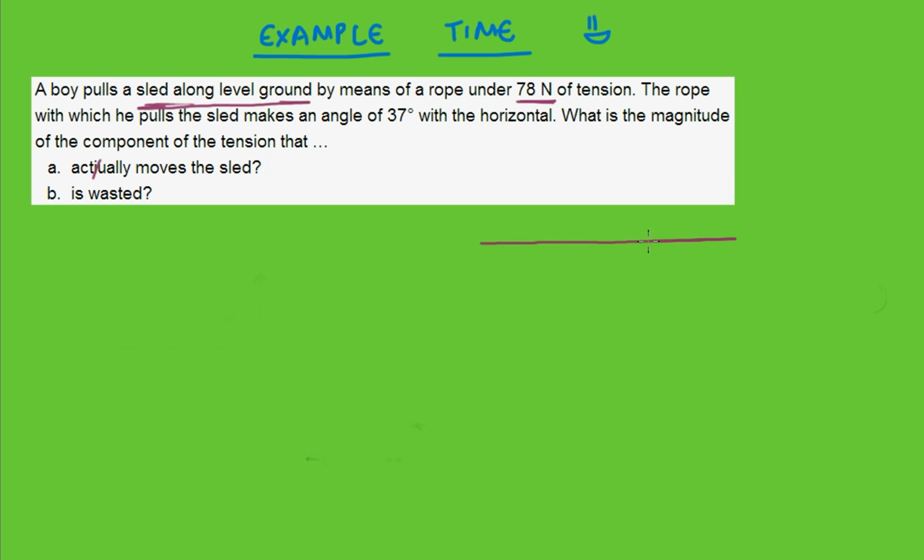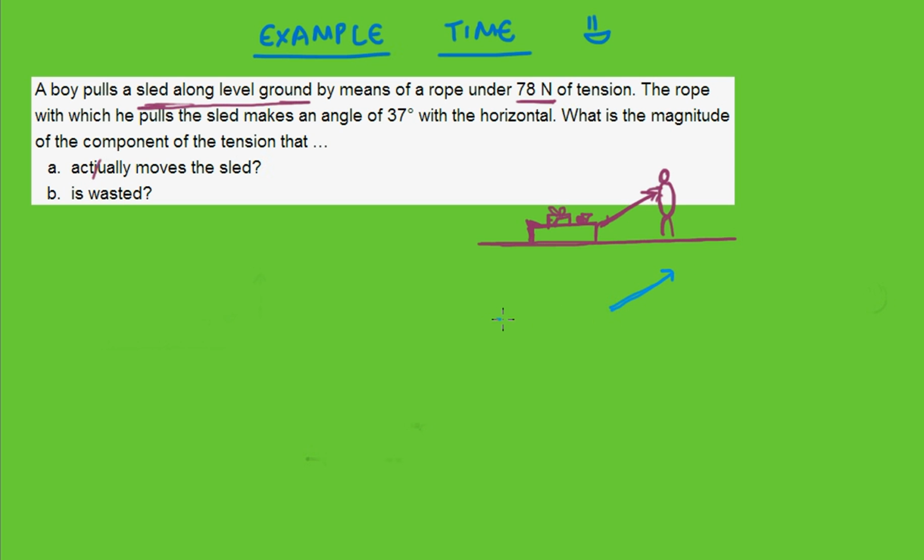Now this is level ground and there's one sled. I'm not going to draw it that well because this is a physics question and not an art class. So I'll just draw some gifts, some stuff. And there's one person who pulls this by means of a rope. So he has a rope over here. Now to take it into physical terms, let's take the force over here. So he pulls it like this,